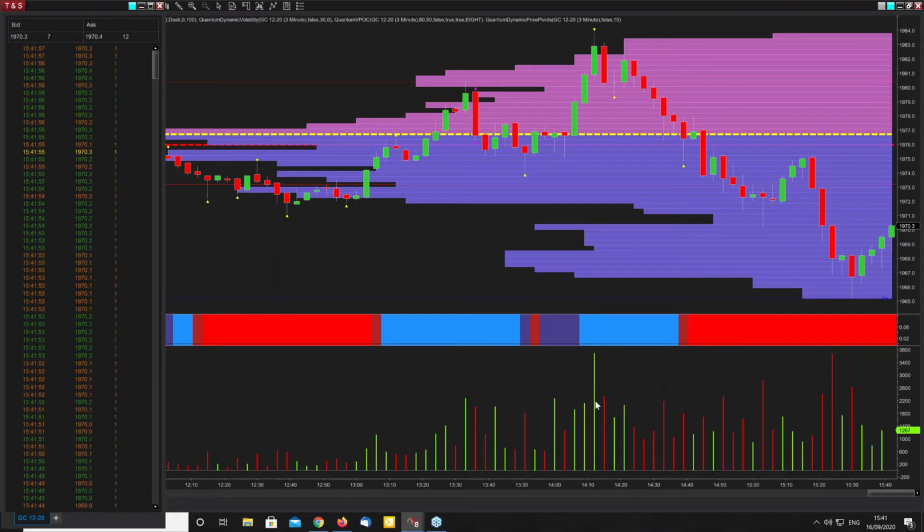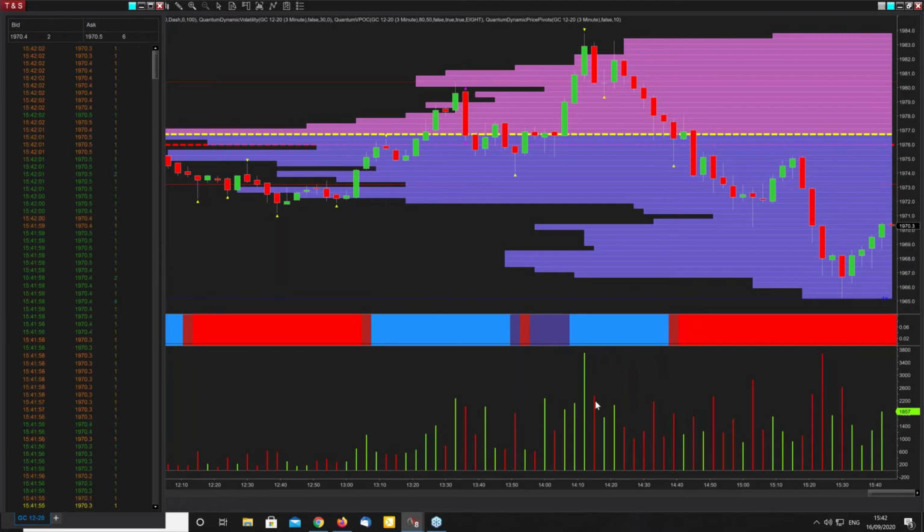So what is that telling you? It's effort and result. It's telling you that there's a hell of a lot of effort going into that particular candle, but it hasn't actually resulted in what it should have done based on these 2 candles. And remember, when you're looking at volume price analysis, you're always comparing it within a session. You can't hop over and compare it with a previous session. You've got to compare like with like, apples with apples, for example. So it's anomalous. It doesn't roll straight away, but you get a nice signal here.